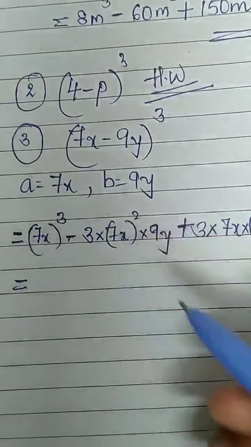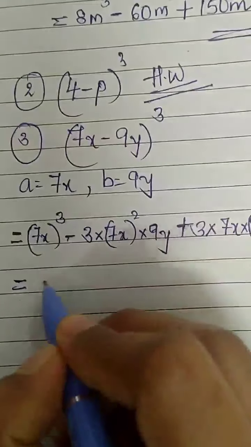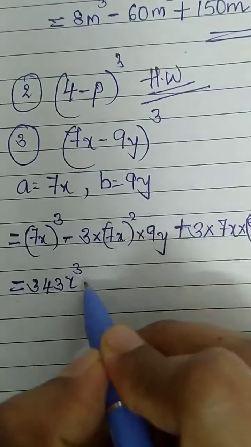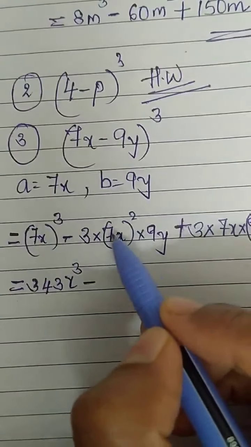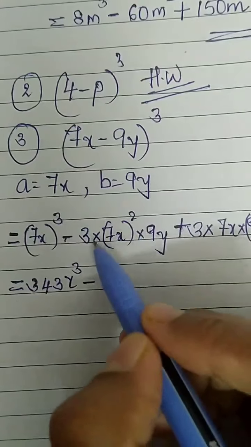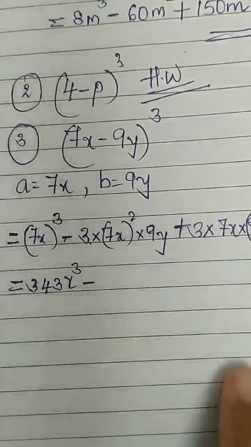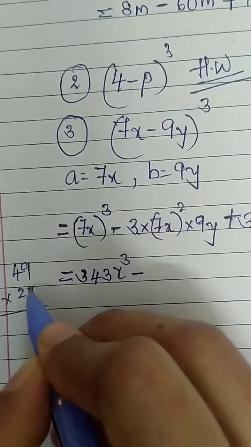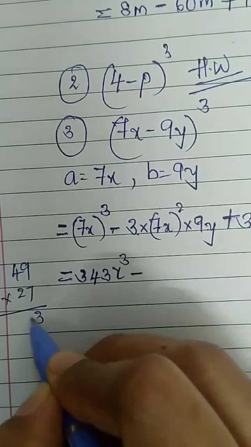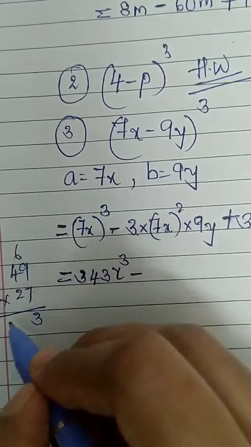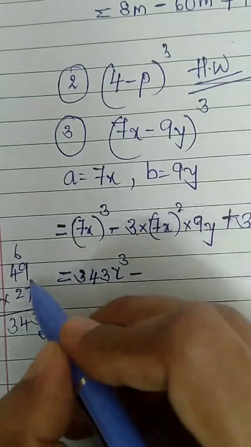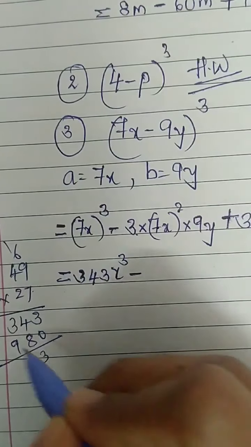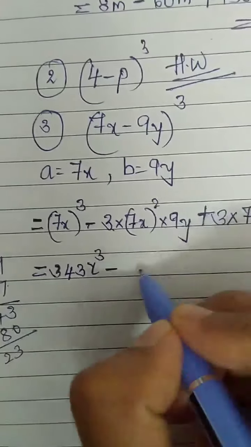7 into 7 into 7. 7 sevens are 49. 49 sevens are 343. Now we are experts in cubes. x³ minus, first to do the square. 7 sevens are 49. 3 nines are 27. So I'll do the calculation, 49 into 27. Multiply. 7 nines are 63, carry 6. 7 fours are 28, 34. 0. 9 twos are 18, carry 1. 4 twos are 8, 9, add 3, 12, 13. So I got 1323